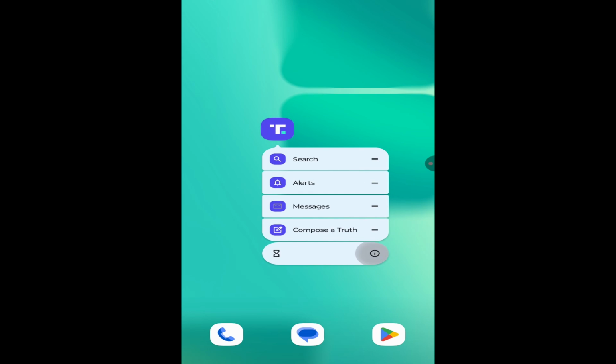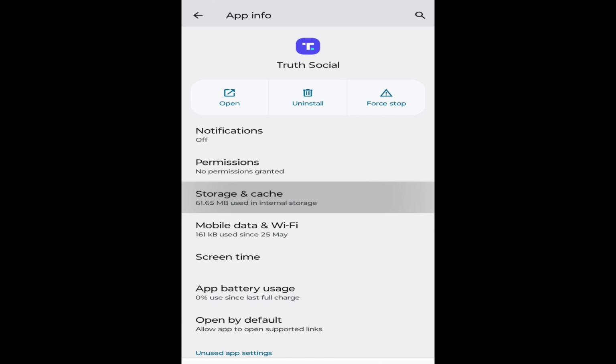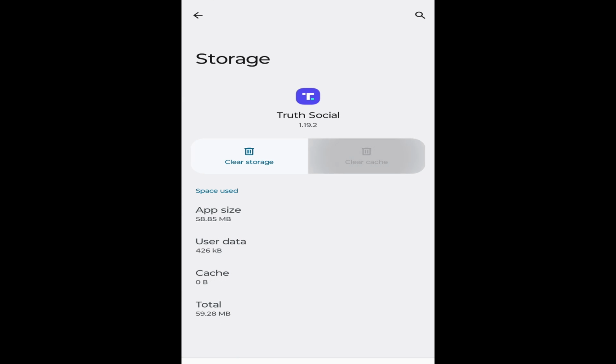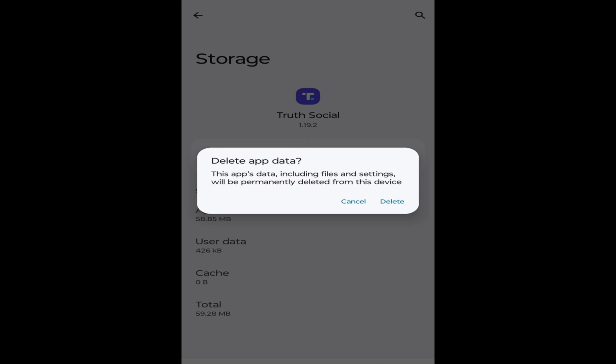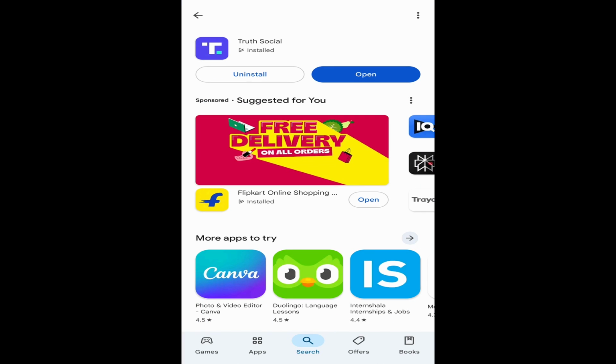Long press on the Truth Social and go to the storage and cache. Now, once clear cache and clear storage, and again log in to Truth Social and check the problem. If it persists, then next is go to the Play Store and search Truth Social and check for